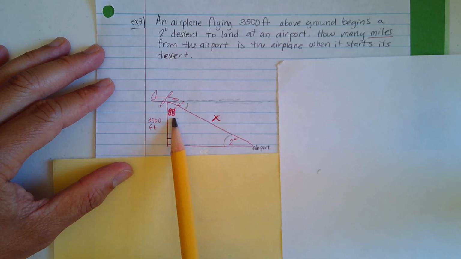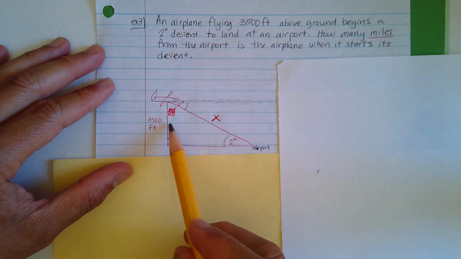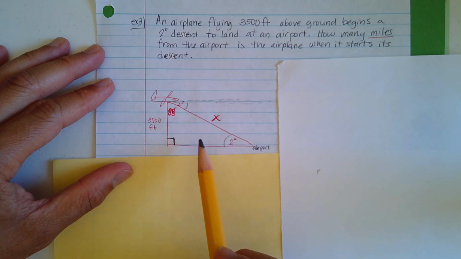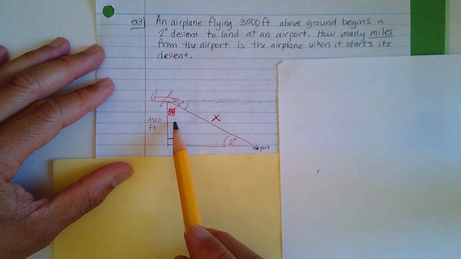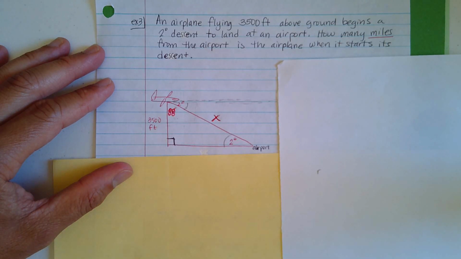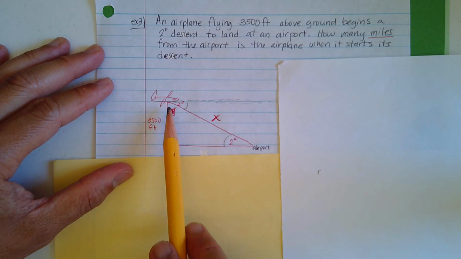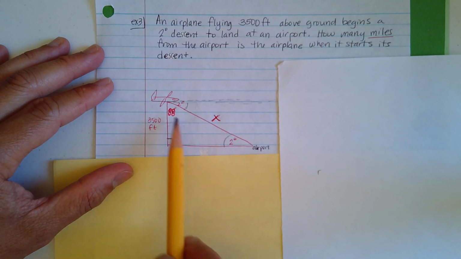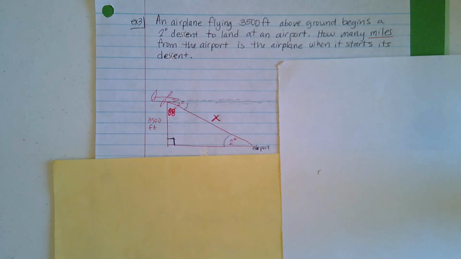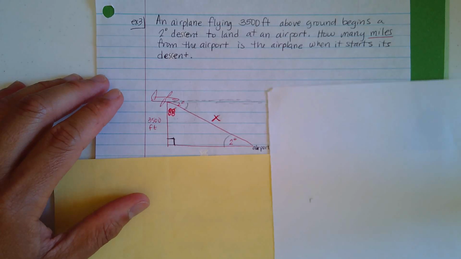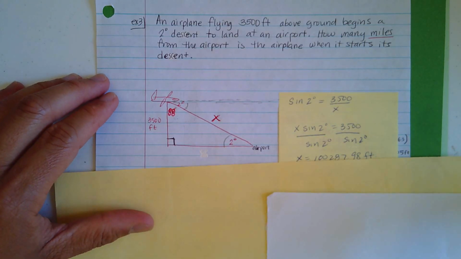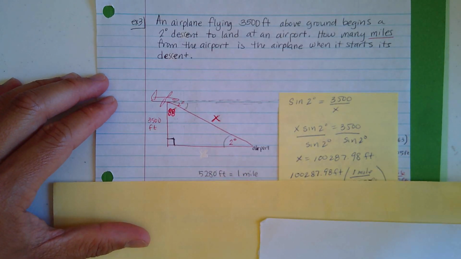Now to figure out this amount, if we look at this here, this is a 90-degree angle. So if this is 2 degrees, that must be 88. Alright, so we need to find x, the distance from the airplane to the airport as it makes its descent. So again, I'm going to show you two ways to do the problem. The first way